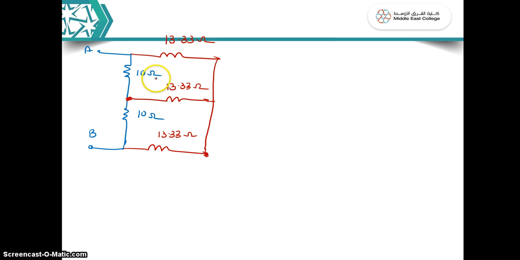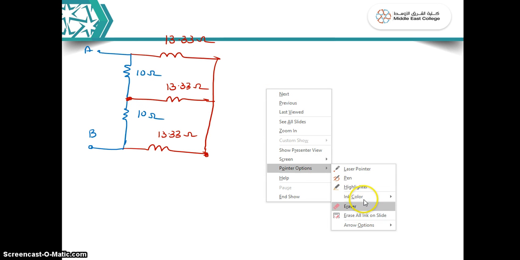And again you need to use either this delta to Y or this delta to Y. So any one point you need to have again a delta to Y conversion. So one more time you have to perform delta to Y conversion. So when I do that,